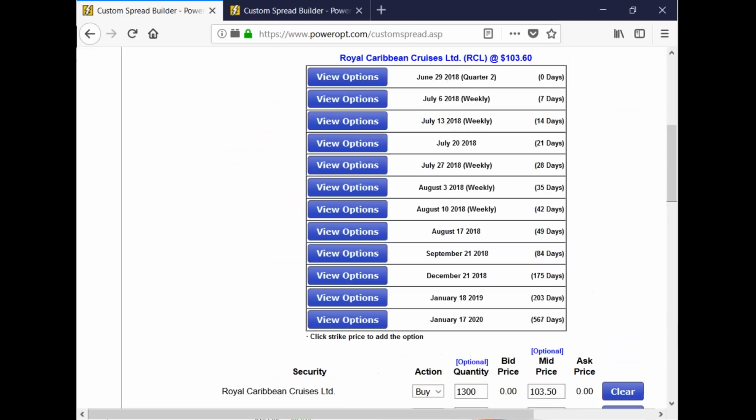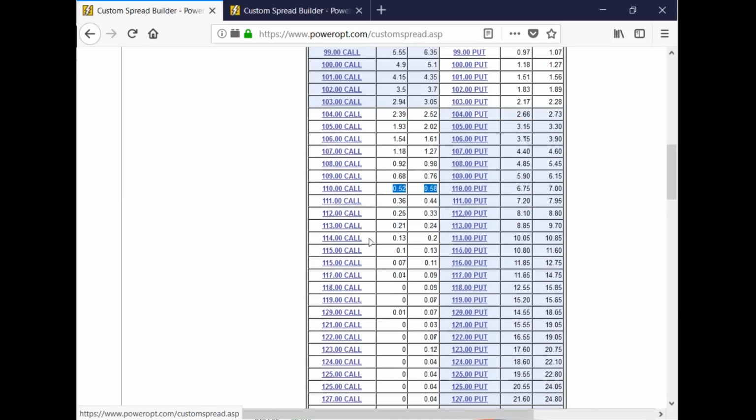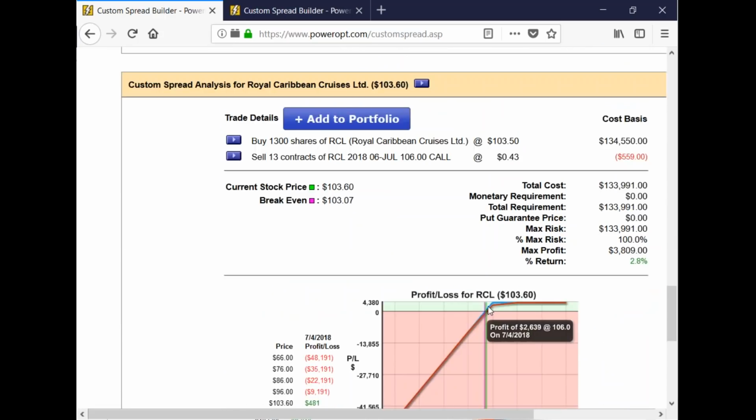But what you may want to consider is if you go further out, instead of just going 7 days out, if you went further out to July 20th and went to the 110 call, you could get the higher premium. Now, it's not a higher premium per week, but you could get 52 cents per contract on the 13 strikes, and you're not at 106, you're at 110. So you might want to consider going further out to get more premium, although if it's an average week, you could still generate weekly by weekly income selling against it if your plan is to hold on to that.